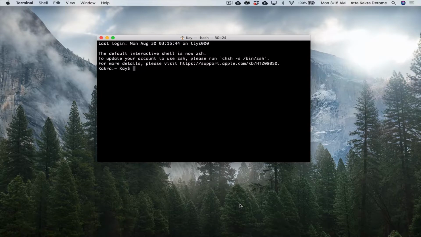So the first one is VI, which stands for Visual Editor. And then there's another one that came out after VI, an improved version. So they added an M to VI, so VIM, which stands for VI Improved. And one nice thing about VI Improved